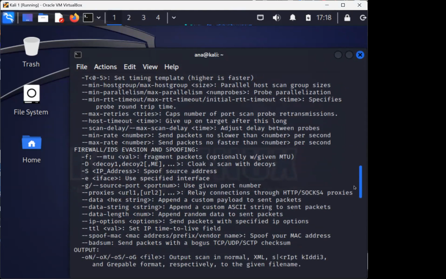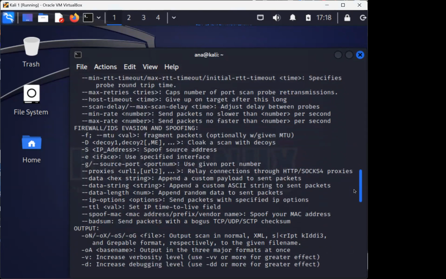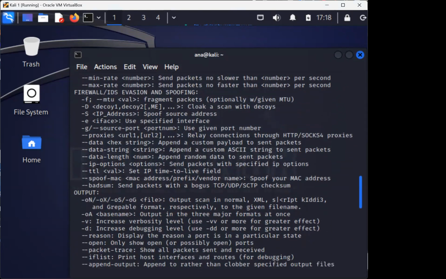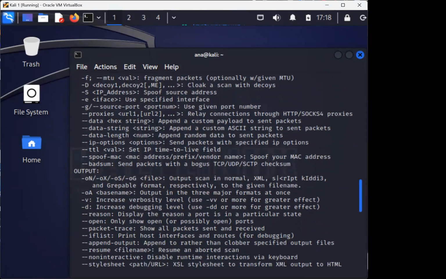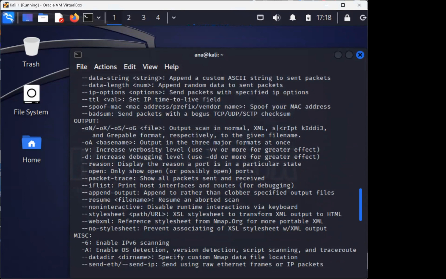There's your firewall, IDS evasion and spoofing section. Okay, -v is the verbosity level, and if you add two v's, that just means it has greater effect. And -A, I believe, is